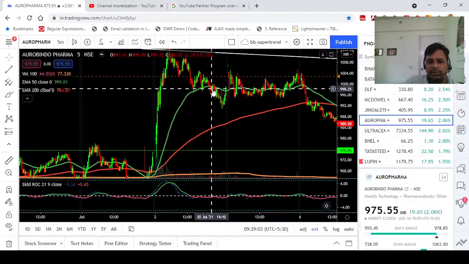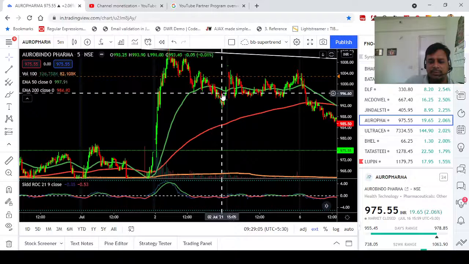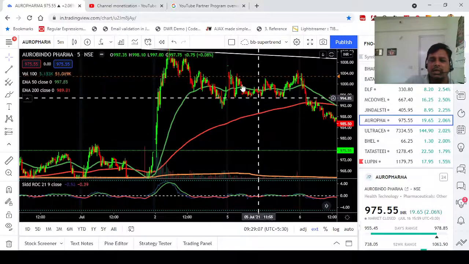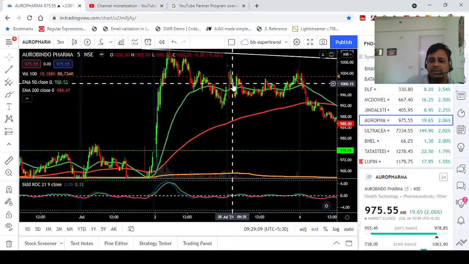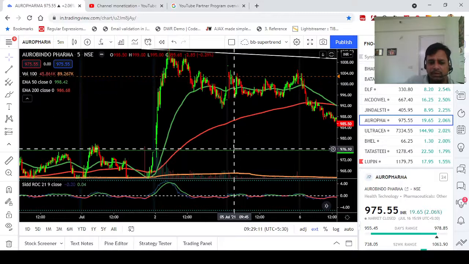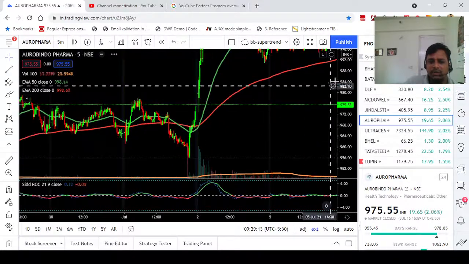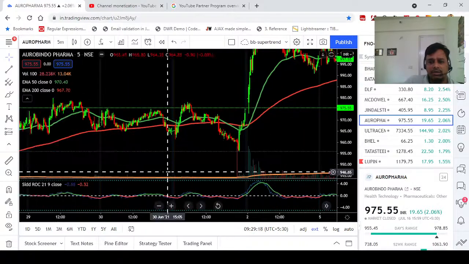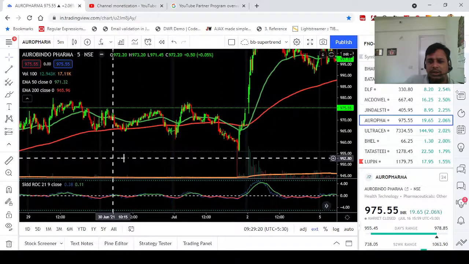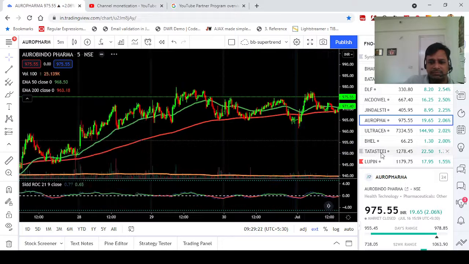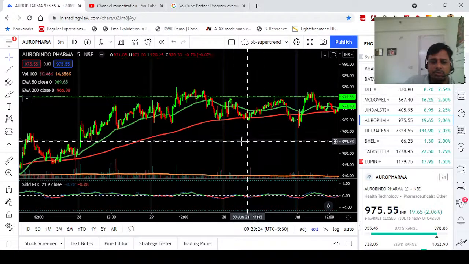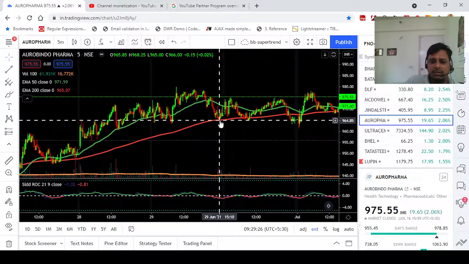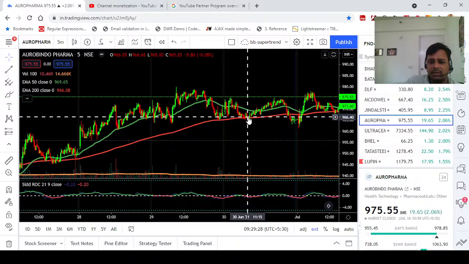And if you see crosses happening near the 50 moving average, that means this is a sideways movement. Don't try to take that trade, and don't make positions at that time, because there are lots of stocks. You can try the same thing in other stocks. So that's why you have to search. You see that here supports are happening.